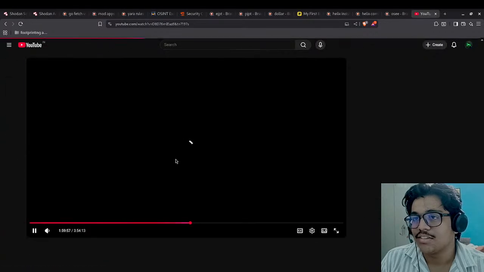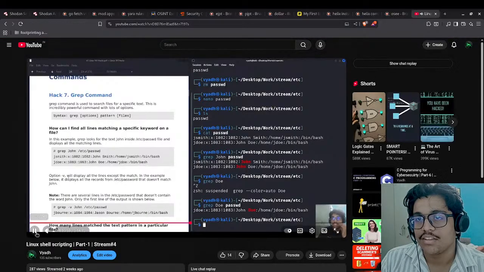This is how you can use grep command. So option